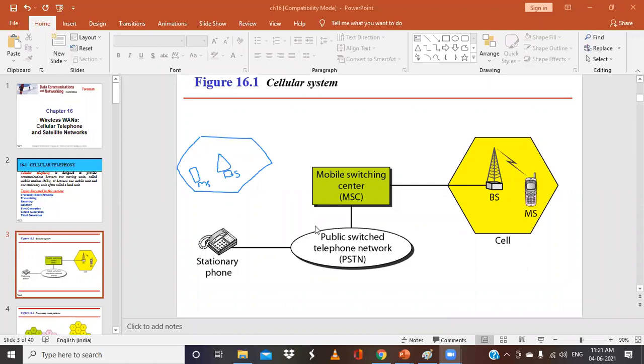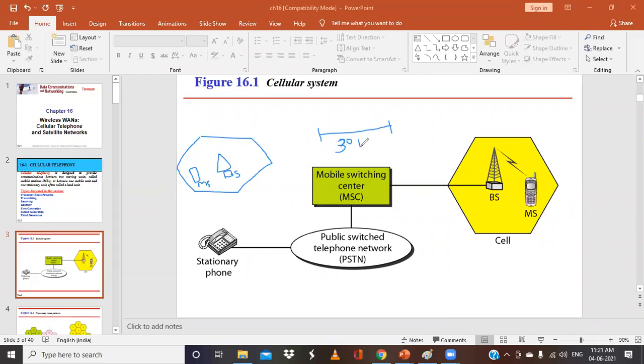So there will be a bandwidth between a mobile station and the base station. The bandwidth can depend on the service provider. BSNL may give more bandwidth, or Idea may give less bandwidth, and so on. So this service provider will give a particular bandwidth, or say a frequency of, say, 30 kilohertz.